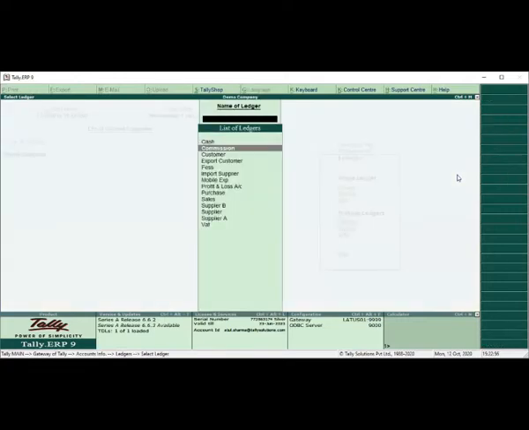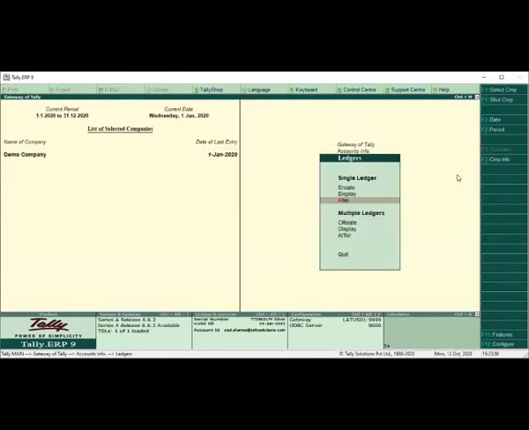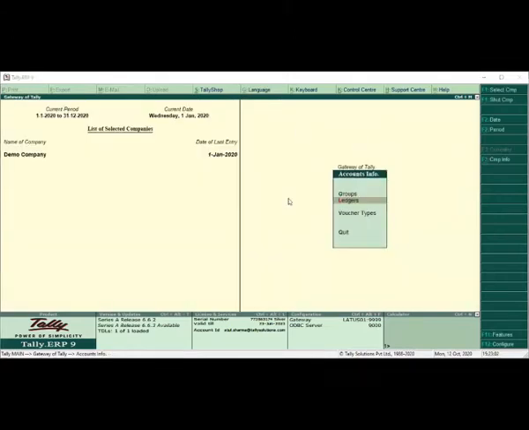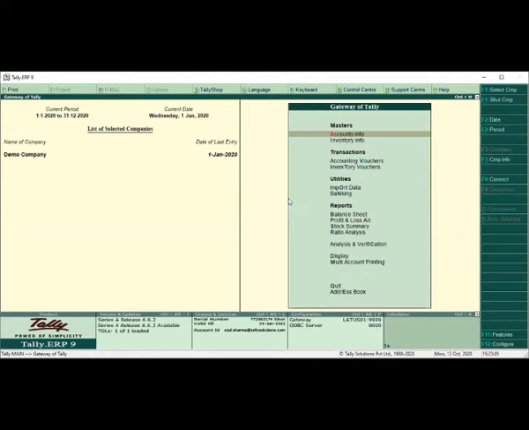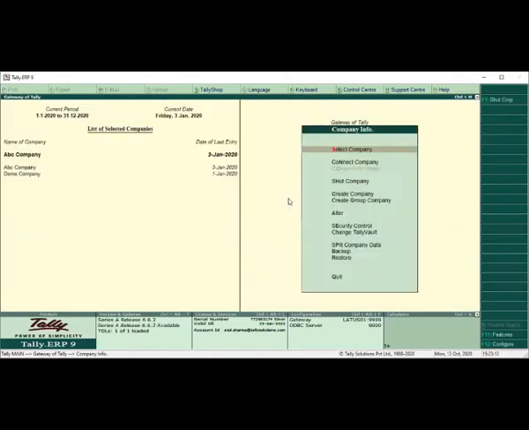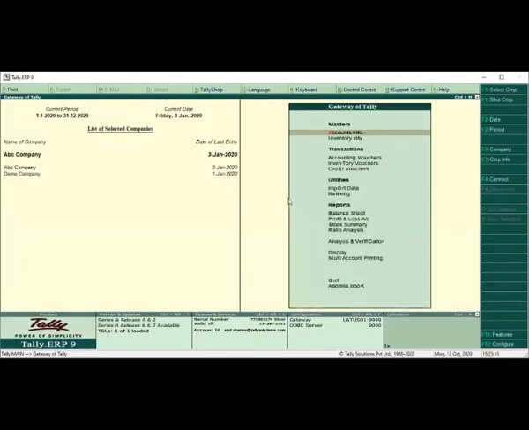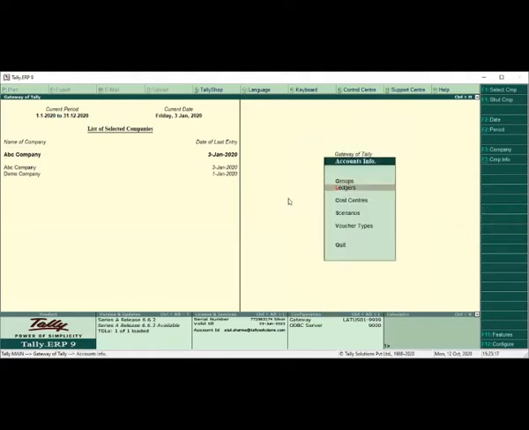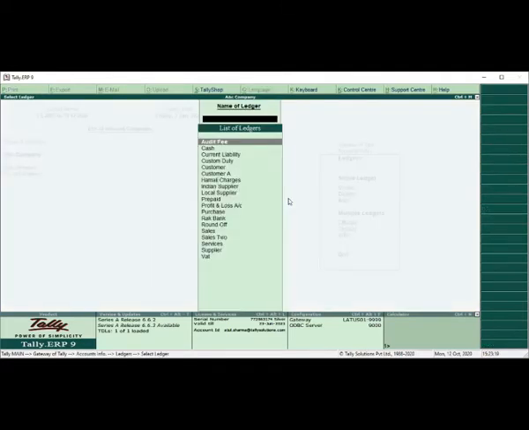Let's see, I'll select another company as well. I have 2 different companies. Let's see, ABC company I'm selecting. Okay, this is the ABC company. Now if you see in the ABC company, these are the masters.